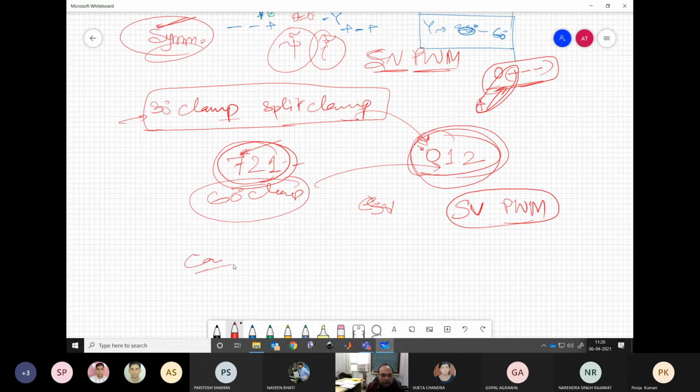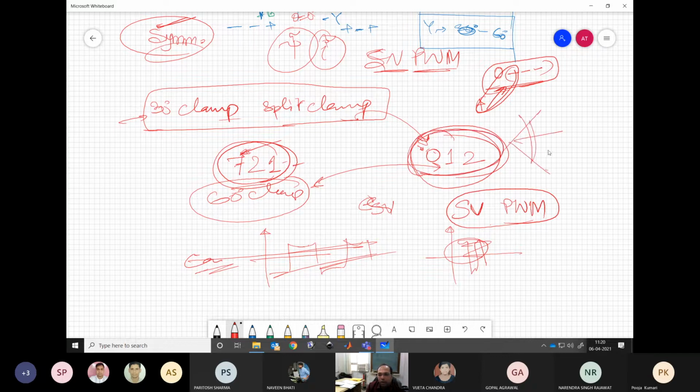In the carrier comparison method, we saw that if the common mode is something like this for 60-degree clamp, it will look completely different for 30-degree clamp. It will have a much faster frequency and all. Here that is not the case. We do not need to worry about what the common mode is. We can simply interchange our zeros. Instead of 7, just start applying 0 in that particular zone, 60 to 120. So we will have 0, 1, 2 applied over here and 0, 1, 6 applied over here, and then we can achieve our 30-degree split clamp PWM.